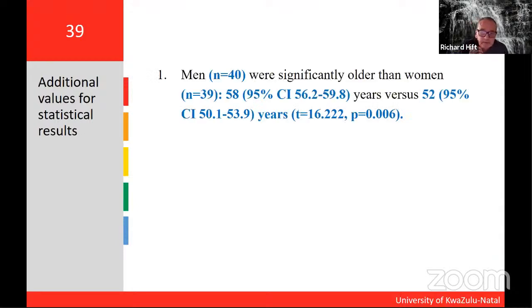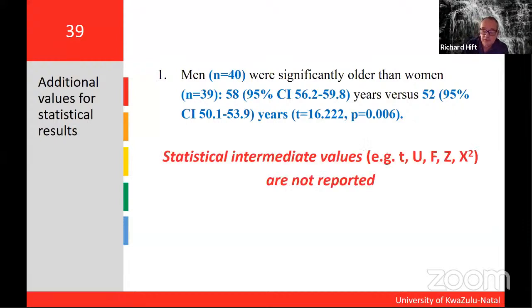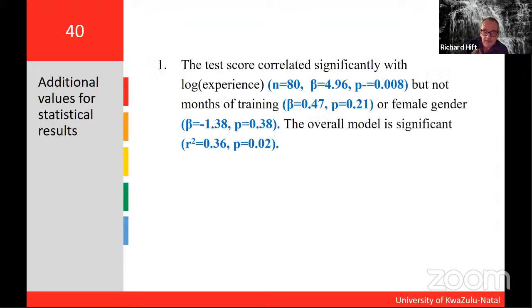That's almost all. But here's one thing we don't have to say. As you well know now, if you do a t-test, your stats software will throw out the t value at you. If you do ANOVA, it will throw out an F value. If you do a chi-square or a Fisher's exact test, it throws out a chi-square value. If you do a Mann-Whitney U-test, it throws out a U value. You do not have to quote those intermediate parameters in your results. So we could take out the t equals 16.22. Those intermediate values like t and U and F and z and chi-squared are not reported. However,